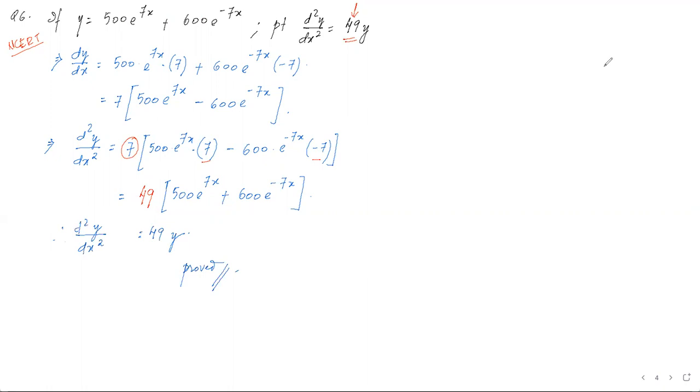So when the question becomes specific, we need to take a specific approach. Here we could have made a mistake. What was that? We could have multiplied this 500 by 7 and this 600 by minus 7. After that, the calculation would become a bit complicated. Later we might not have understood what to take common and what not to take common. So with practice, we will understand which step to do and which step to avoid.